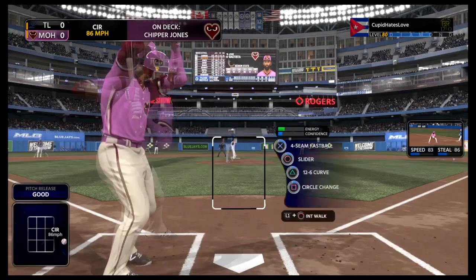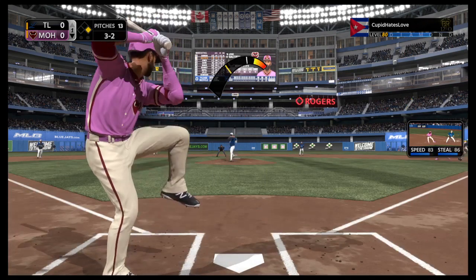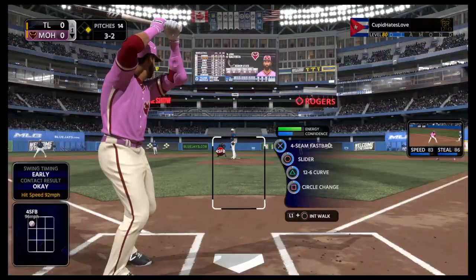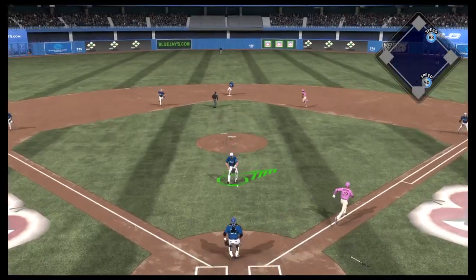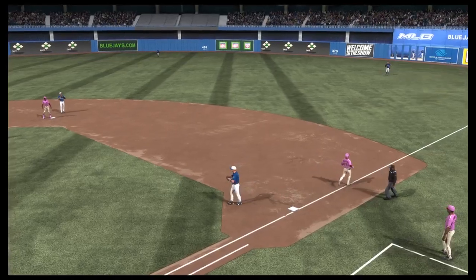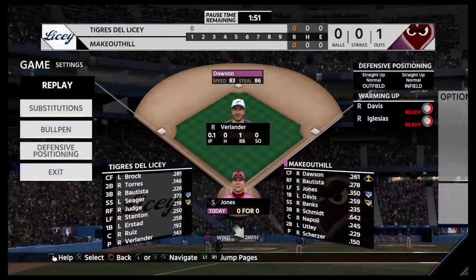No offer on that one, and Verlander's run at full now, 3-2. Got to believe that runner from first is going to be in motion, especially in this situation. As an offensive player, just hit something hard because those defenders are going to be moving. Payoff pitch on its way. Little dribbler back at him. And he won't even think about second as he'll flip on to first for the sure out. A man